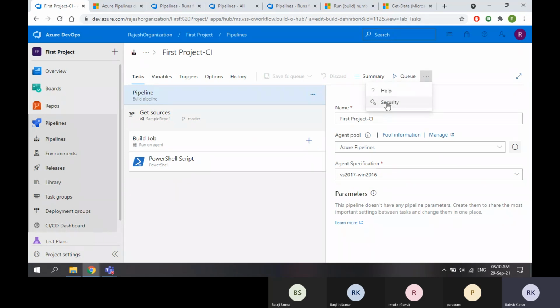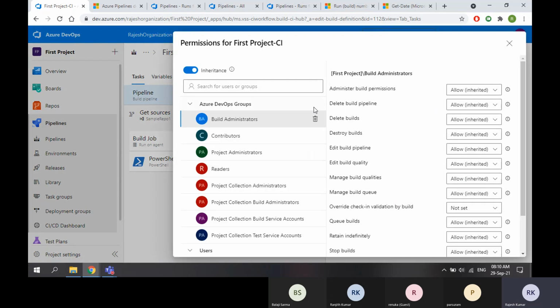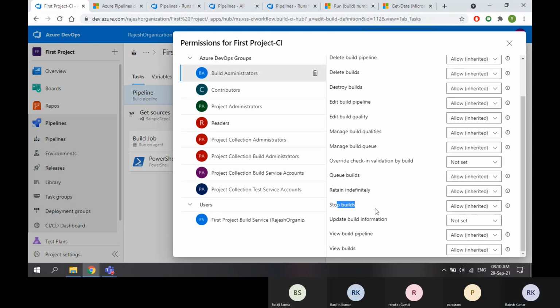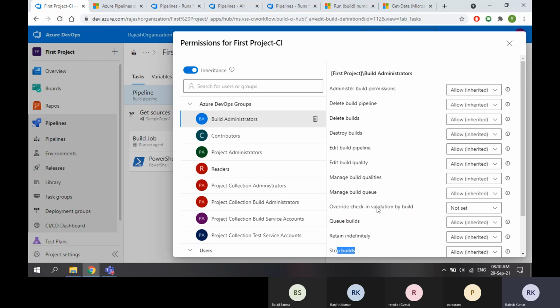Then security. Security is all about permissions. When you click on this, whoever has access to this build pipeline can edit the pipeline, edit build quality, delete builds, delete the build pipeline, manage the build queue, queue builds, and stop builds. So these are all permissions.